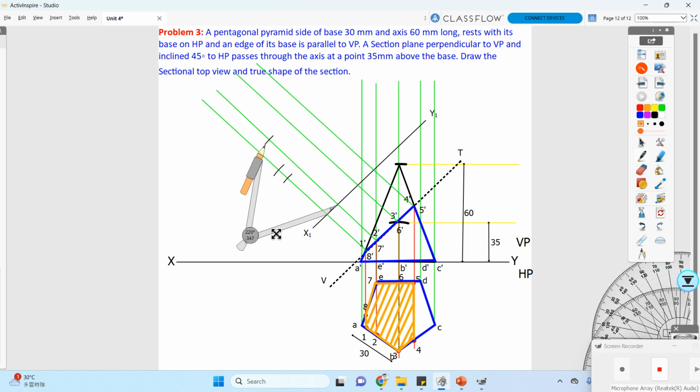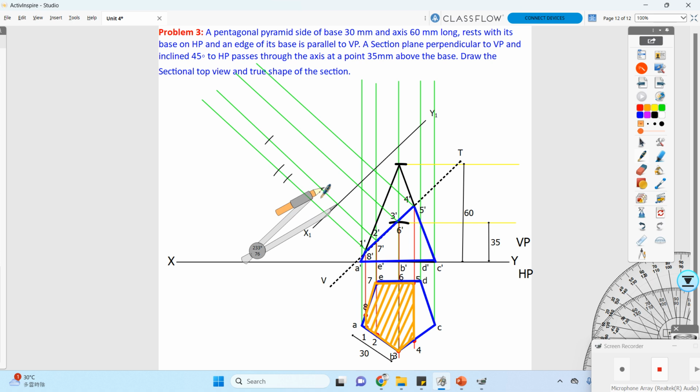Then once again keeping on my second point, rotating my compass and measuring my point over here. Okay, then I am going to keep it on my second position and rotate my compass and cut an arc